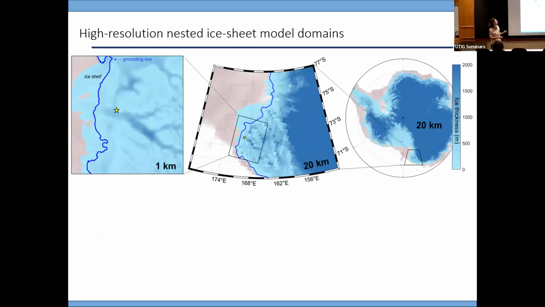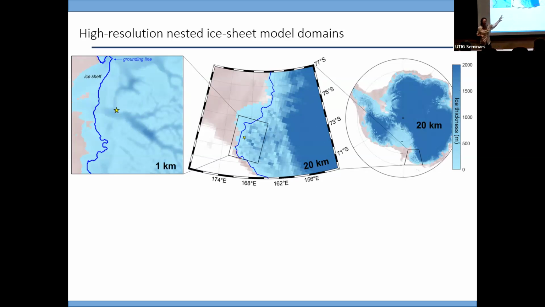So then I also wanted to say, one big issue that's hampered this kind of thing in the past is that, especially for exposure ages, they're collected on mountaintops, almost by definition. And mountainous areas are complex. They're high resolution topography, like the Transantarctic Mountains. And if you're modeling, you're computationally limited in your model resolution. If you have a 40-kilometer or 20-kilometer continent-wide model that's going across 20,000 years, your grid is like 40 kilometers by 40 kilometers, right? That's not going to resolve a lot of this complex topography.